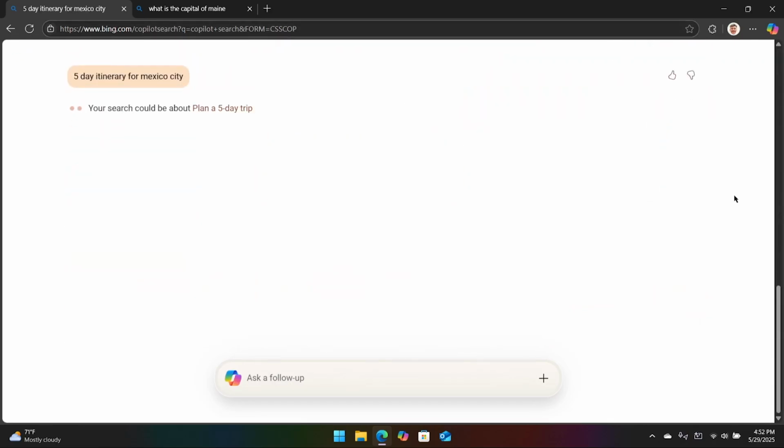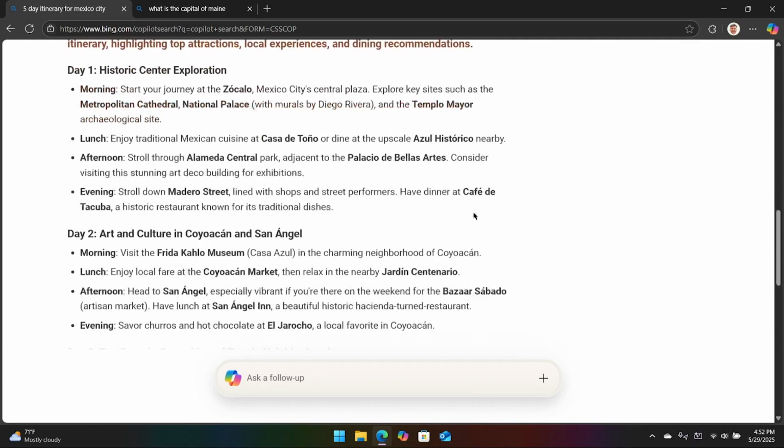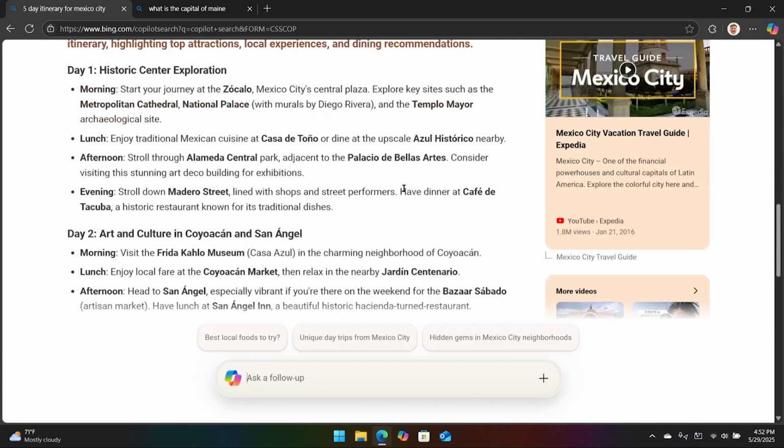And so you can see this kind of thing is thinking about it. It's looking on the web for various references, and then it's supplying this list of things you might want to do, day 1 through 5. And we could go through this if you wanted to, but one of the problems that this type of tool